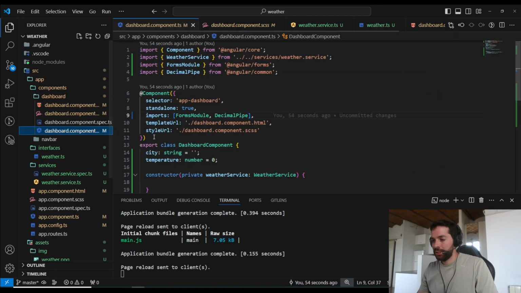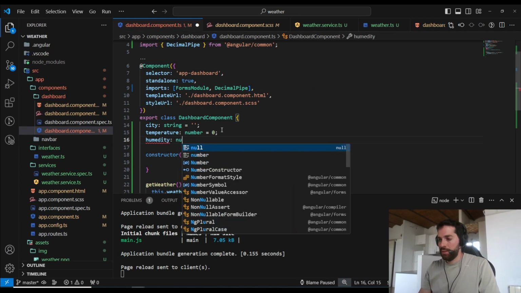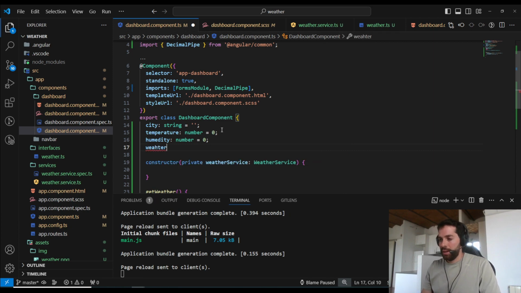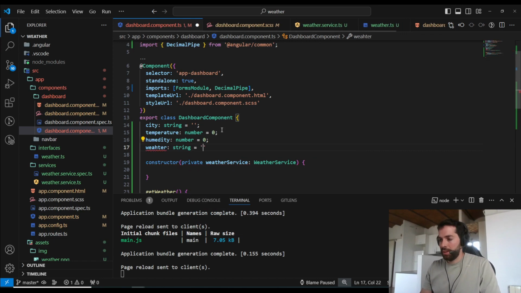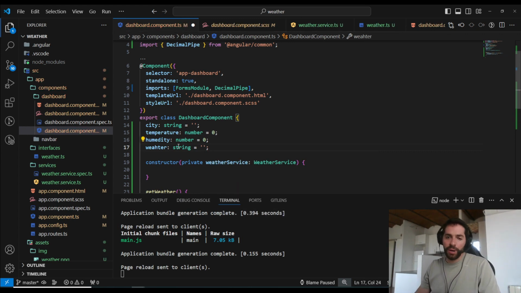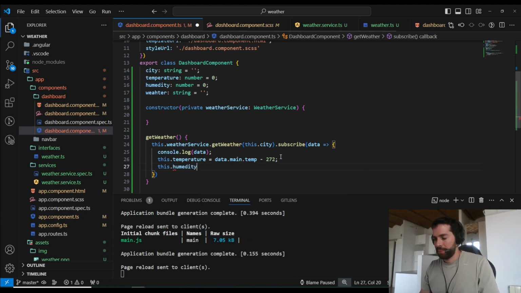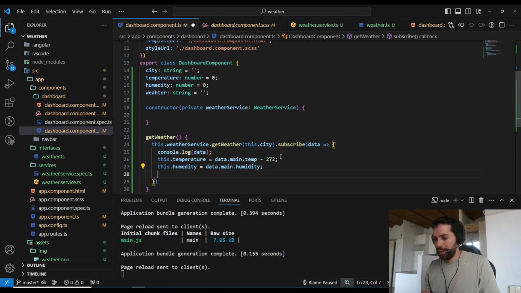I'm going to do the same with the humidity and the weather. So let's go to the humidity. I will create here another. It is going to be the type number, and I will initialize it with 0, and the weather is going to be the type string, and I will put an empty string. So also you can put the variable number or undefined. Okay, the humidity is going to be equal to data.main.humidity, and then the weather is going to be equal to data